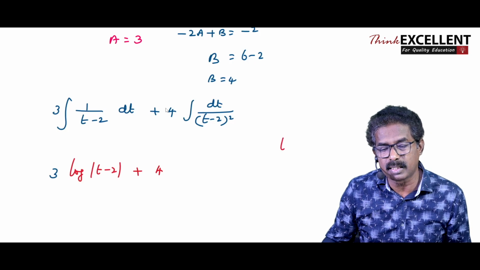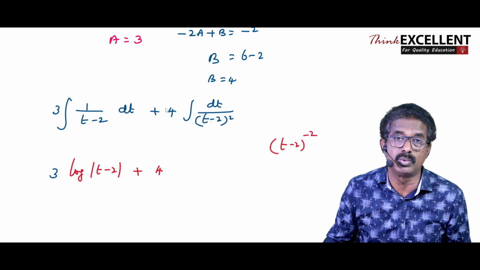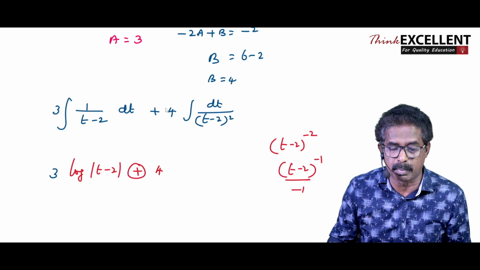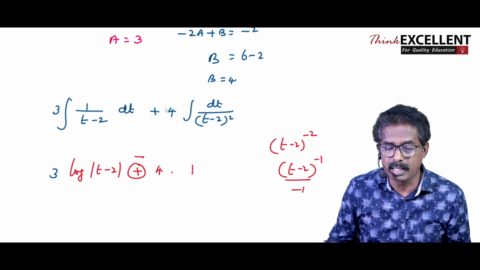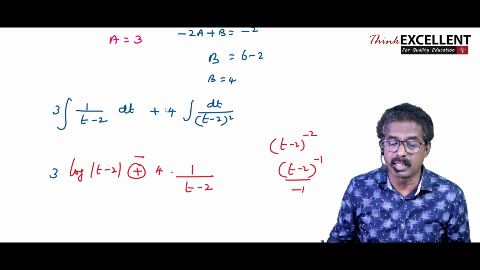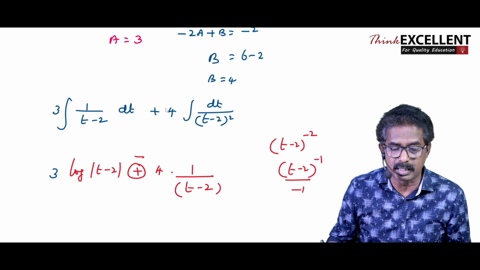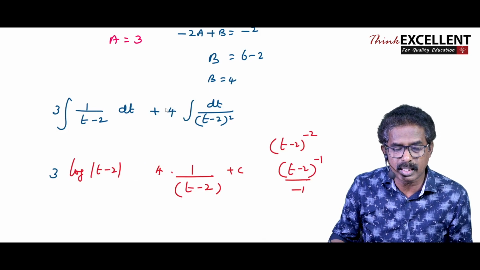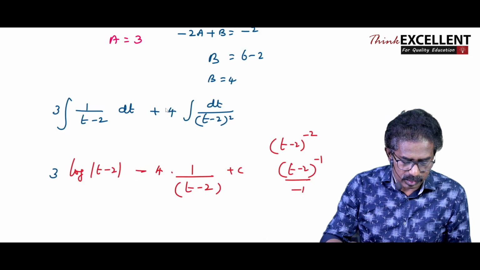Take it to the numerator: t minus 2 raised to minus 2. Integrate, add 1 to the power: t minus 2 raised to minus 1 by minus 1. We can give that minus here, so minus 1 by t minus 2, and raised to minus 1, bring it to the denominator, plus c. So the plus and the minus can be combined, or you can write another step. So what you are getting, the final step,